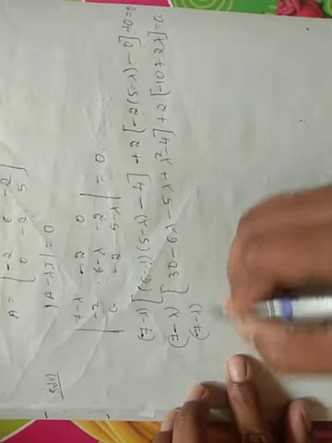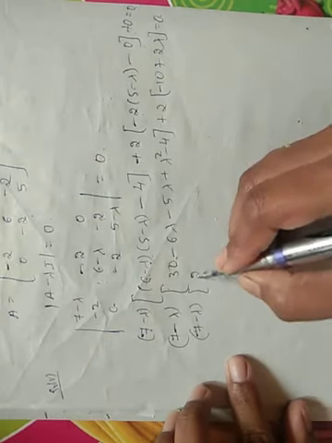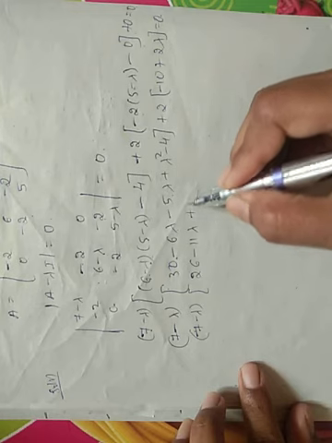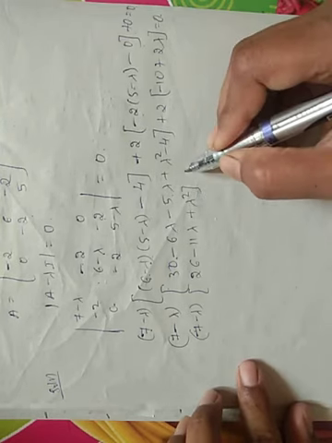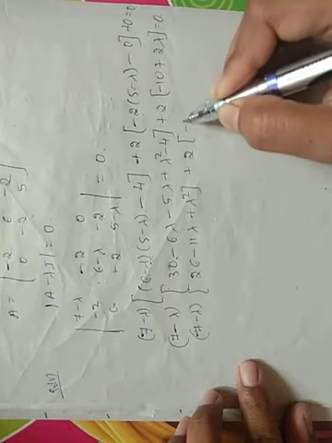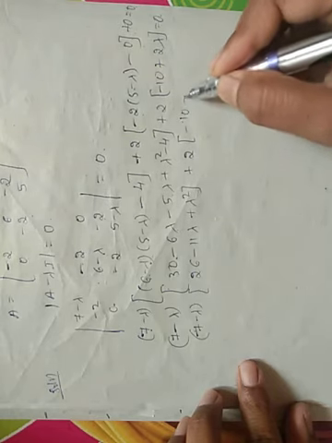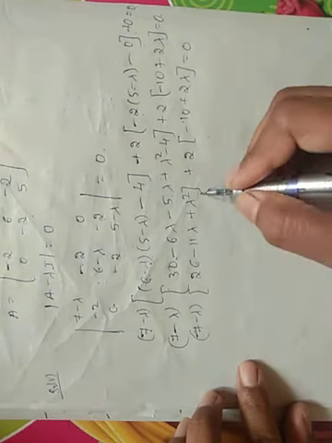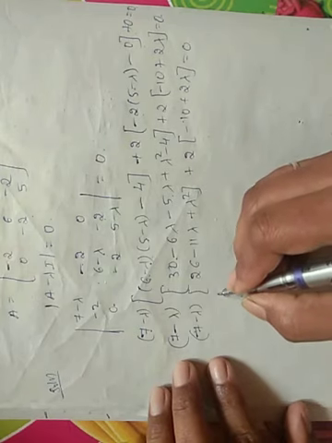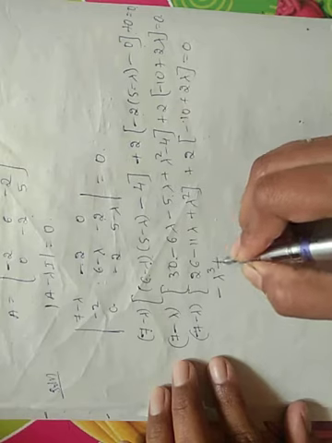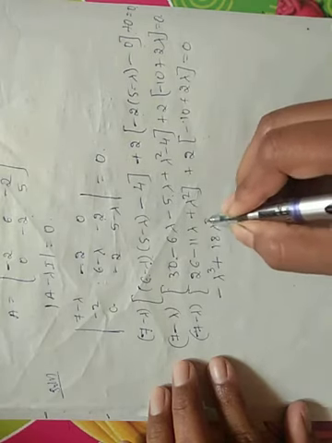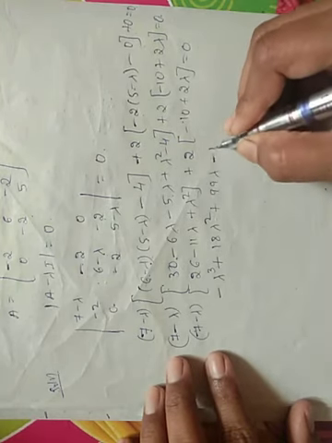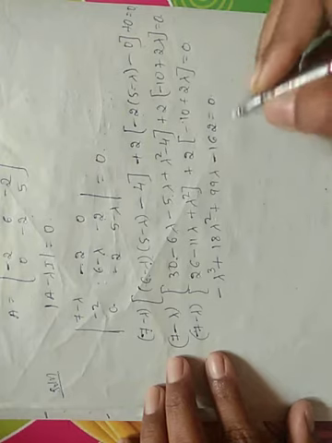7 minus lambda into bracket 30 minus 4 is 26, minus 6 lambda minus 5 lambda is minus 11 lambda, plus lambda square, plus 2 into minus 10 plus 2 lambda equal to 0. Open all the brackets and simplify. On simplification we get minus lambda cube plus 18 lambda square plus 99 lambda minus 162 equal to 0.